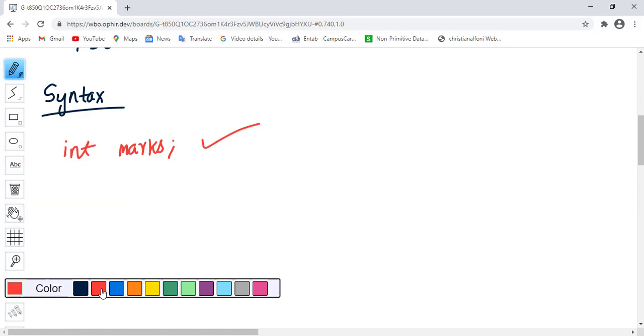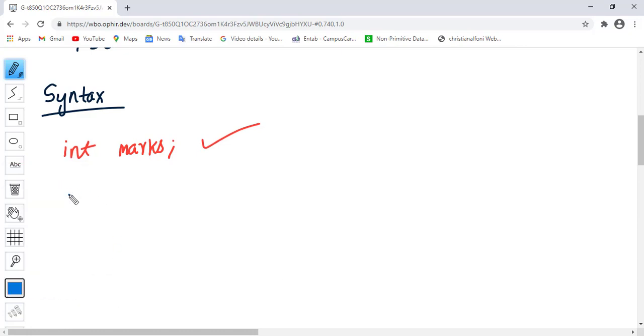When you want to declare an array, you write down the data type and then variable name followed by square brackets. When you write the square bracket after the variable name, that makes the variable an array.